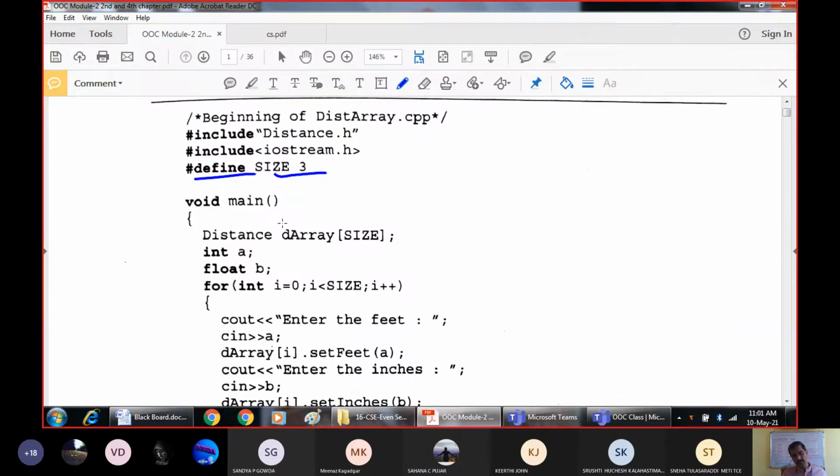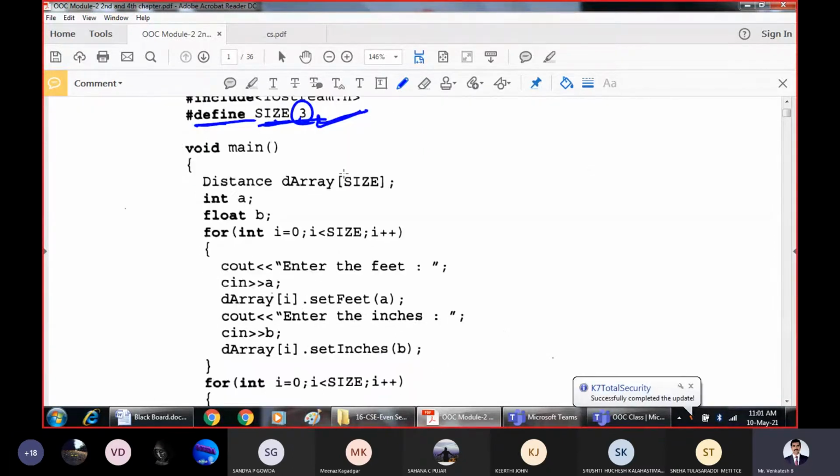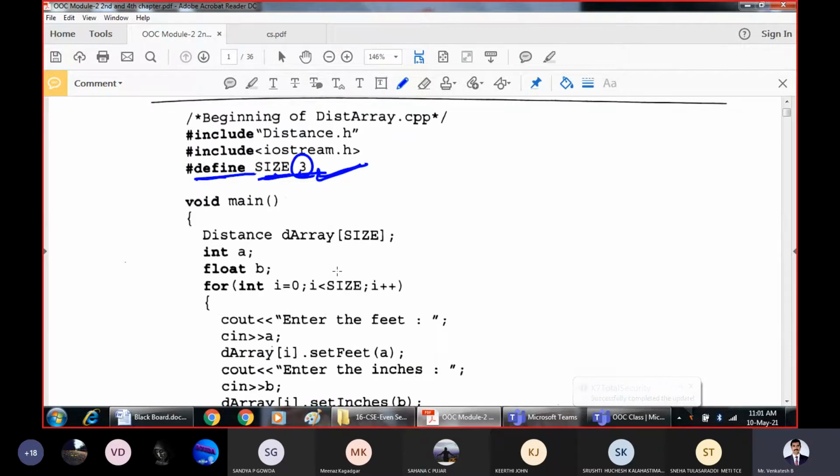Right? So when you write size as 3, size is being defined as a constant whose value is 3 always. Now the distance class, we have included that header file here, the distance class we were discussing till now.